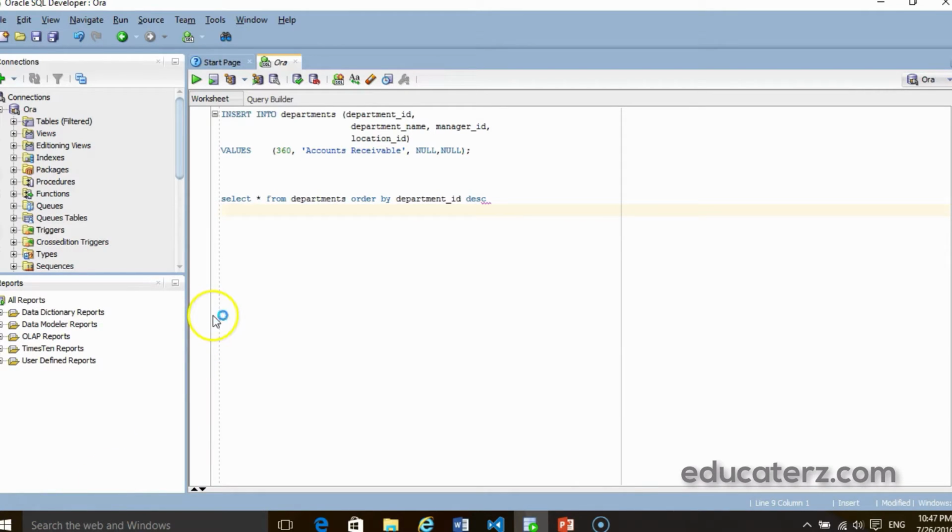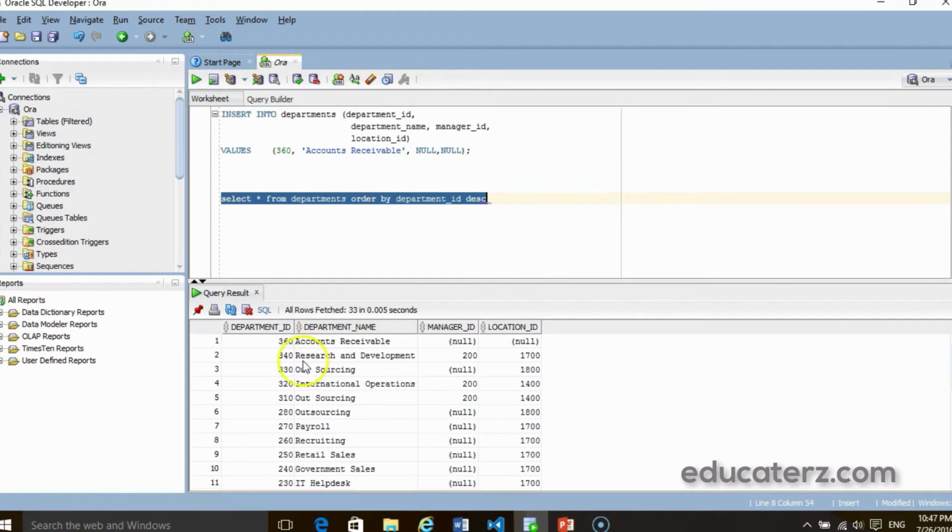In order to find out whether the record we inserted just now is inserted into the table or not, we will see the values of the columns by using the select statement. Select star from departments table, order by department ID descending. In descending order, you display the results in the descending order of the department ID. So highlight this query and click on this button, and you will get this value.